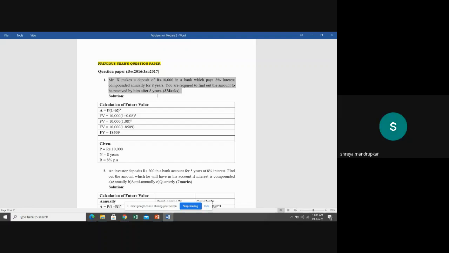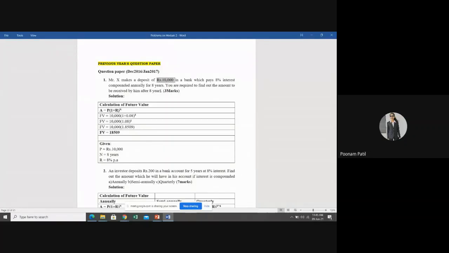Now, next thing. Always, students, when any problem is given to you, first analyze whether the problem is asking for present value or future value. Once you are clear that the problem is asking for future value, you need to see whether there is a single cash flow or multiple cash flows. Can you tell me, is there a single cash flow or multiple cash flows? Single cash flow, ma'am.